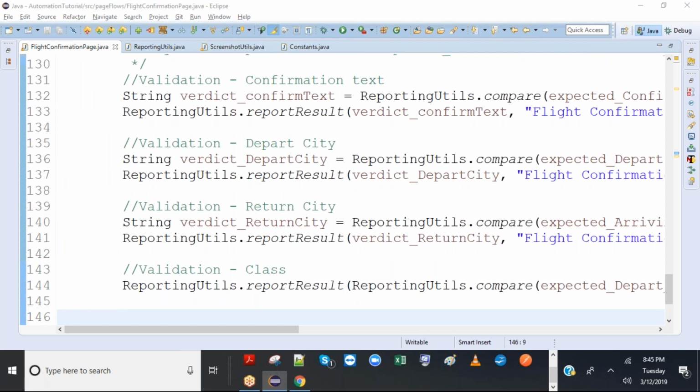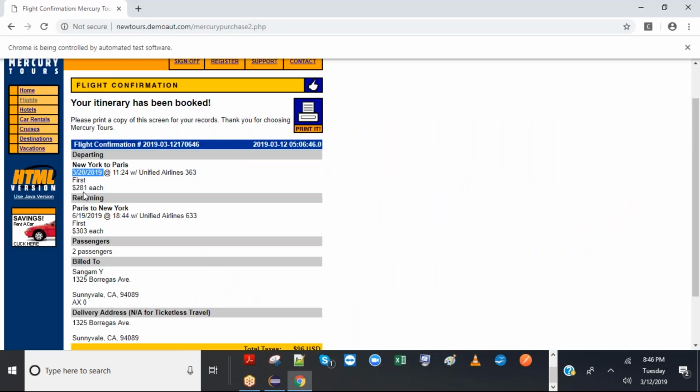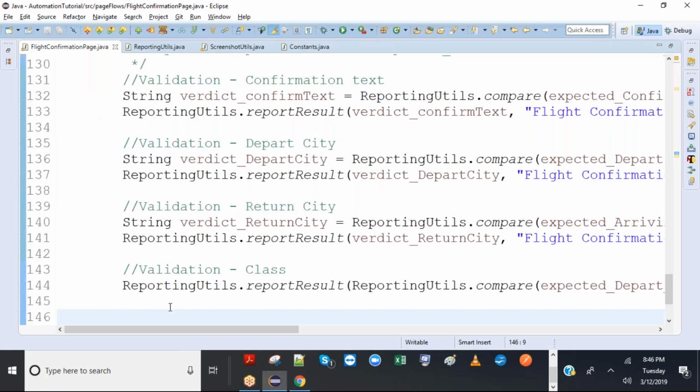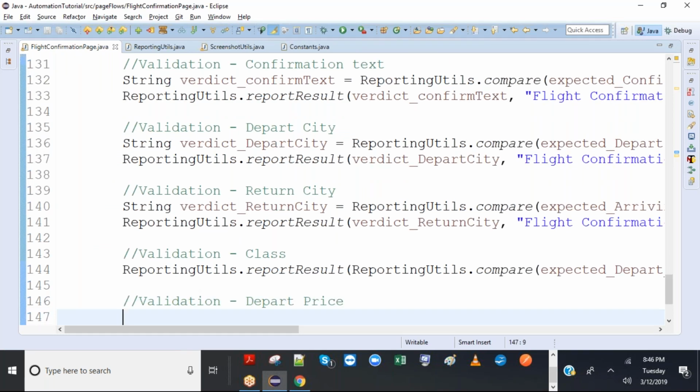Okay, so then next thing is this thing. This is a number, so we need to work on it. Like I said, we have to parse it. 281 as a string will not work, so let's parse it in here itself. So validation depart price, right? So how do you parse it? I already told you, Integer.